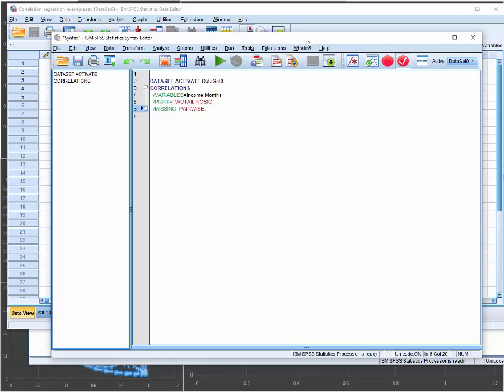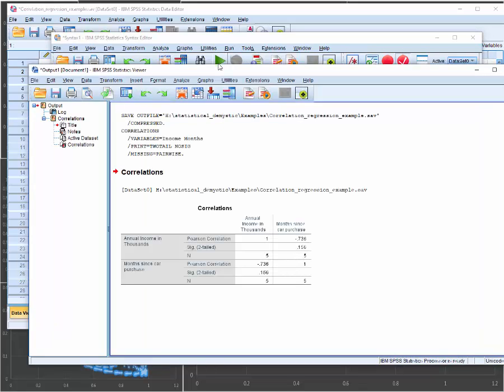It's not very important with such a trivial example as this one, but it could be very important if you're doing a 200 or 300 step analysis, an analysis that needs to be repeated daily or weekly or whatever, or an analysis that you just need to come back to 6 months from now when you've already forgotten everything that you did. So a good idea to get into the habit of generating SPSS syntax and then saving that syntax. All right, so I've got my syntax. I'm going to click run, and now the output pops up,